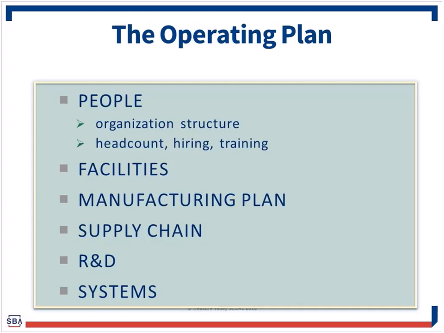Manufacturing, what's your manufacturing plan? Supply chain, what's your backup A, B, C, and D, because we know there's a shortage or it's not going to get to you on time. Research and development, what are your steps? Systems. And so part of this operations, I always encourage folks to look for ways to be efficient, effective, streamlined, and automated. And so look for ways to streamline operations.